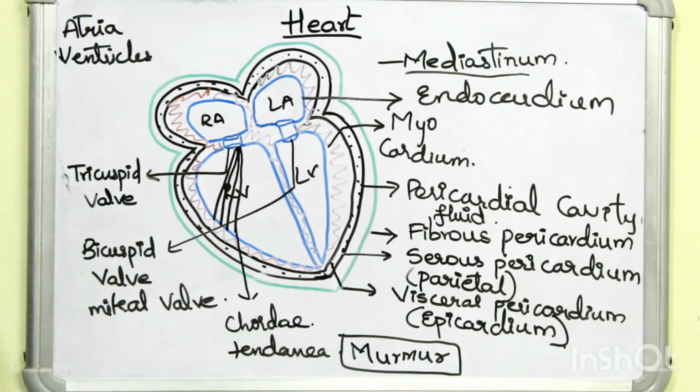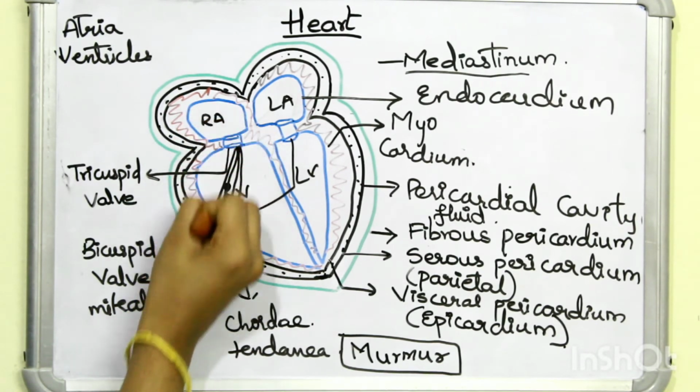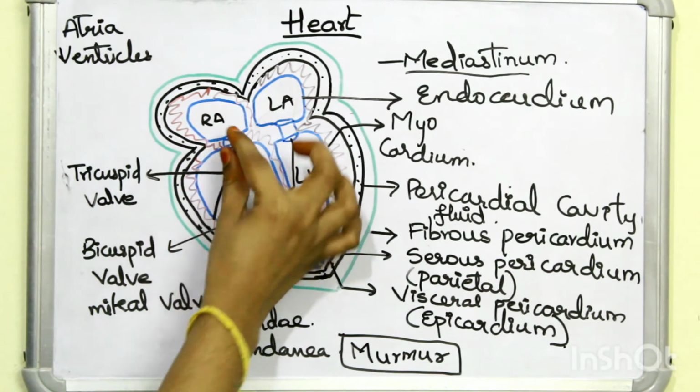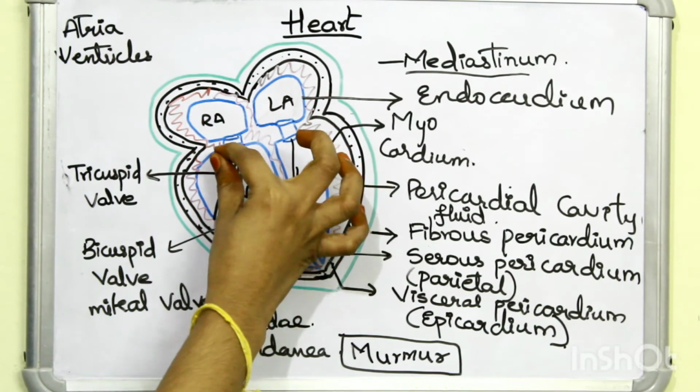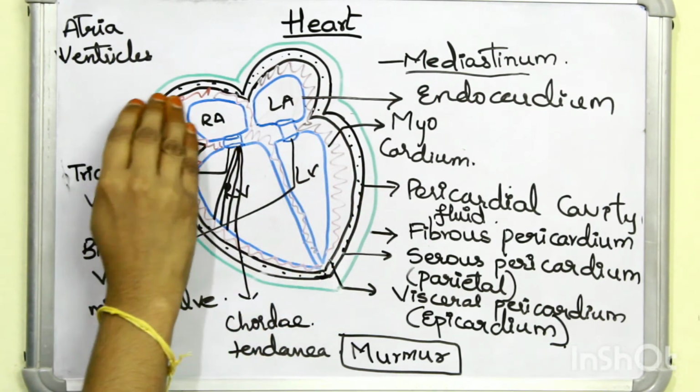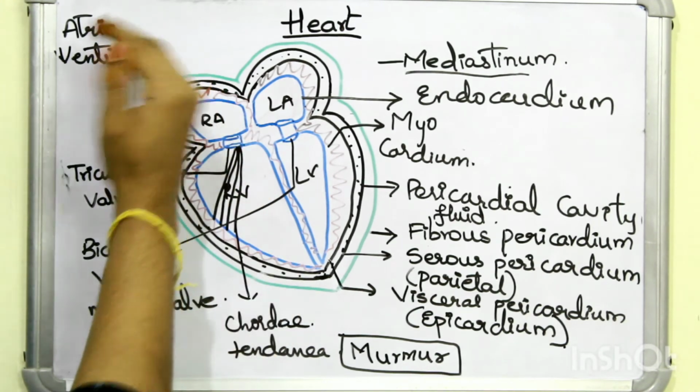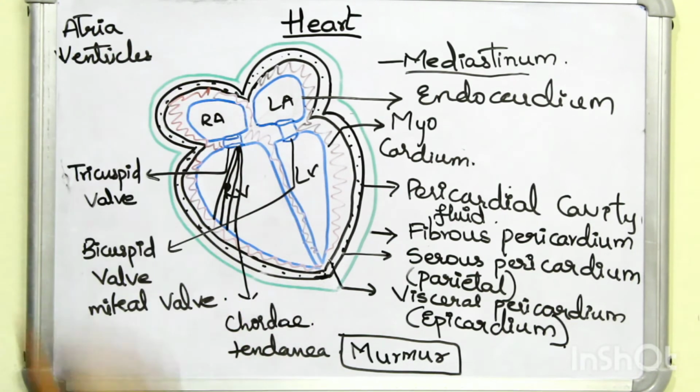So what happens in murmur is, when the chordae tendineae is not functioning properly, it has to pull, then it has to push, so that the valve will open and close. If it doesn't close, whatever blood is coming down is again leaking out. So the leaking out of blood causes a deficiency of blood supply to the organs. So that shouldn't happen. Okay.